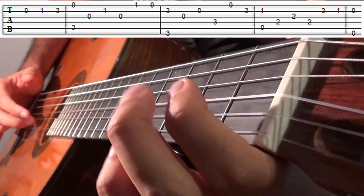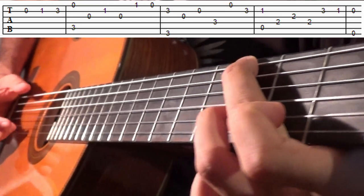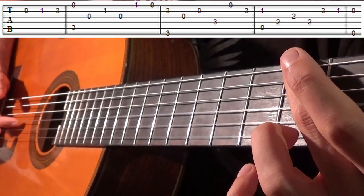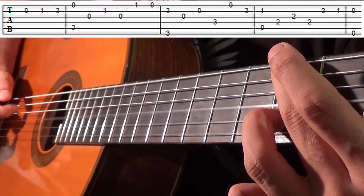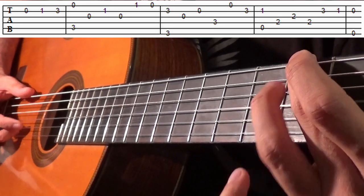Now we have this. So we play that. Now we're going to pick open G, open B. So this ring finger lifts off there. And then goes down to the 3rd fret on the D string. We play that. So we have,